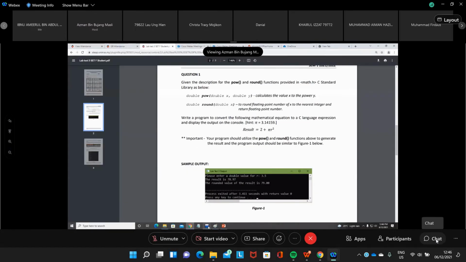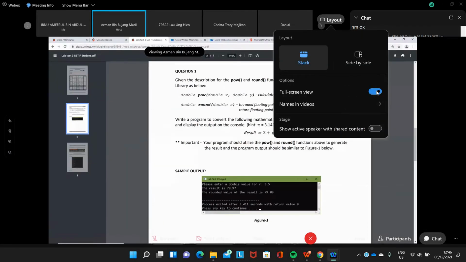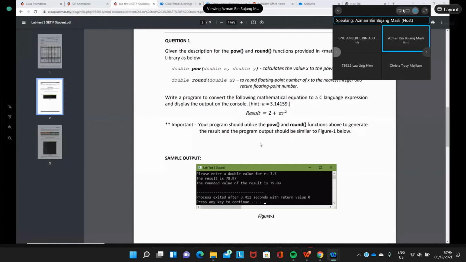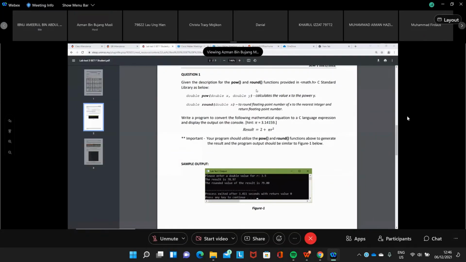And then the result, actually after we calculate. So we need to put the formula. The formula is 2 plus R pi. The pi is that one. So what is the purpose of the round function provided in the standard C library? Power calculates the value of x to the power of y.